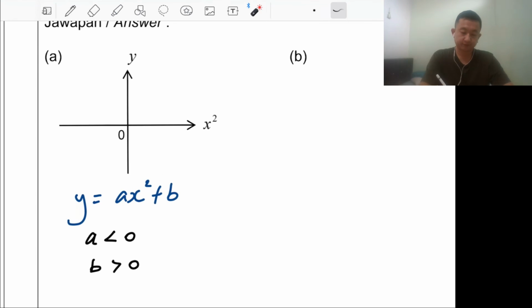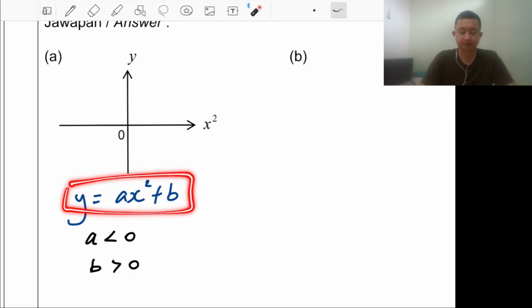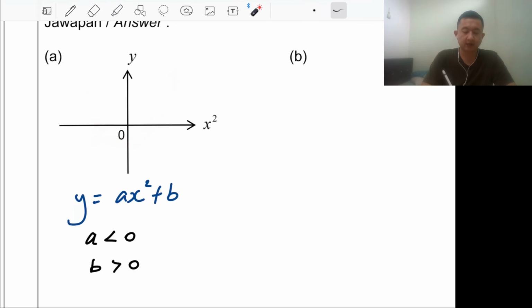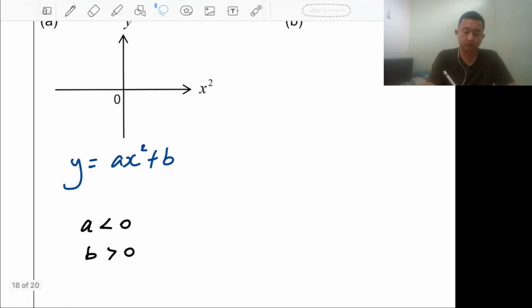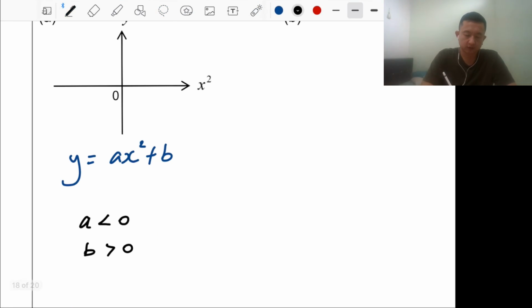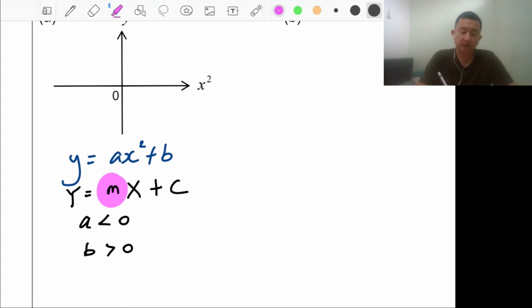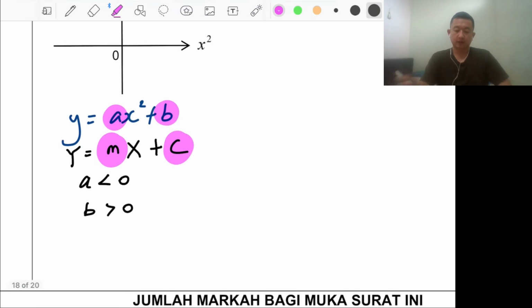Look at this graph. This is not a typo, this is x squared. Meaning from a curve, we turn to a straight line already, because we rewrite it again in this form, it is y equals mx plus c. So your m is a, your c is b. Since your m is negative,